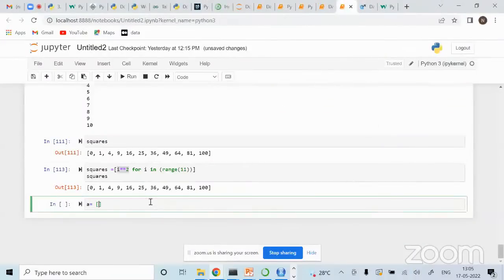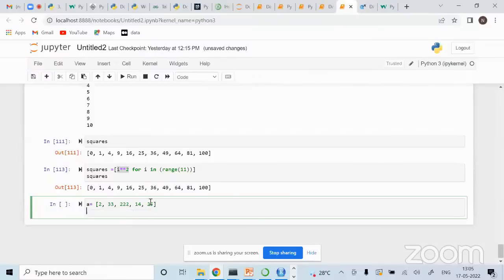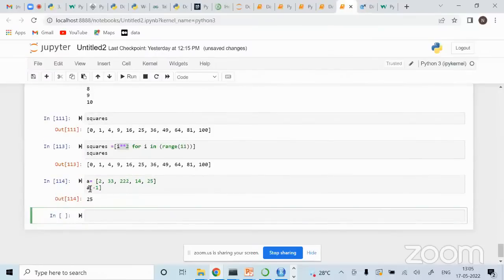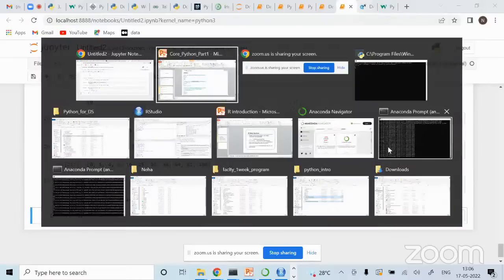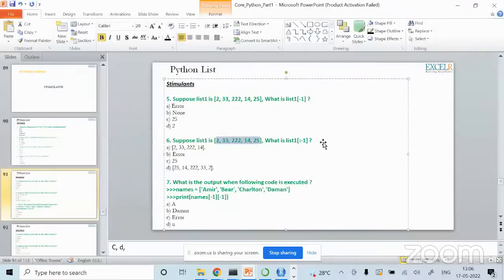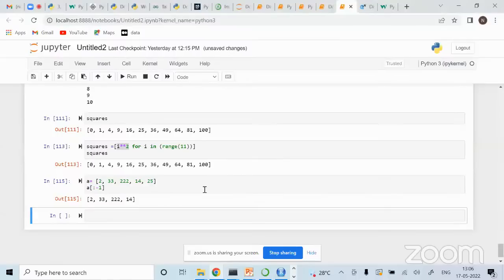Let's see. C 25. No, there is a difference. Let's see what you got. The first one I gave was -1, so its answer will be 25. But when I put a colon here, it has actually